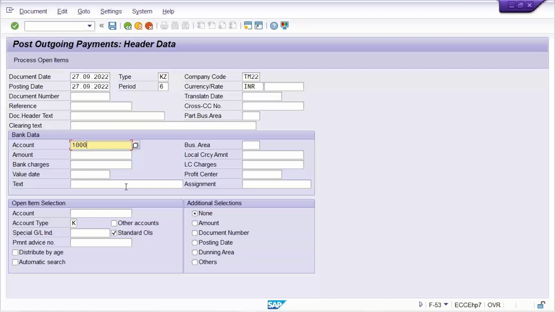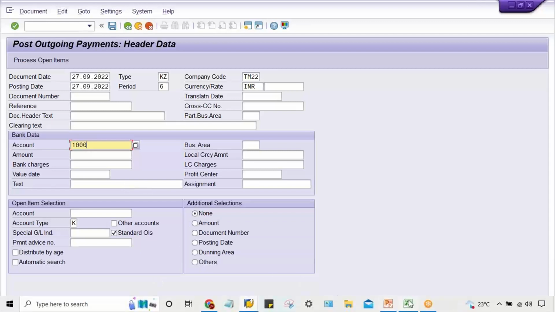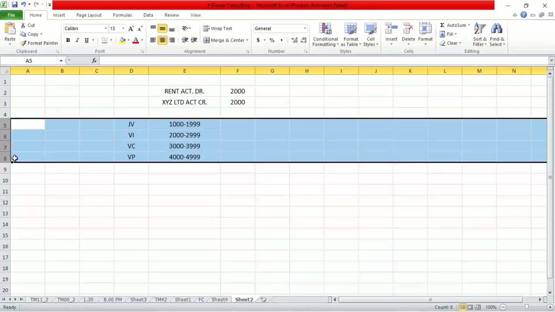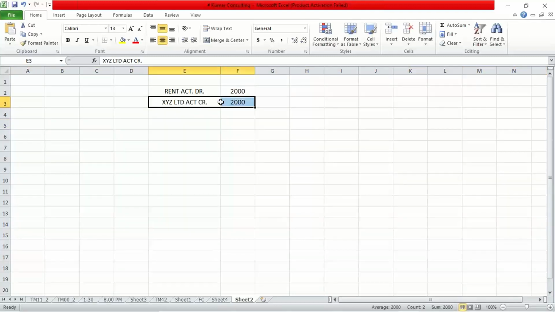Account means, I'll tell you. Now the question is, if you make payment to the vendor, of course it is going to be paid from a particular bank account, whether you go for bank transfer or whether you issue the check. In both cases, your bank is going to be credited. In the sense, the payment is going to be made from the bank account, right? So the accounting entry, if you talk about the accounting entry, will be this: